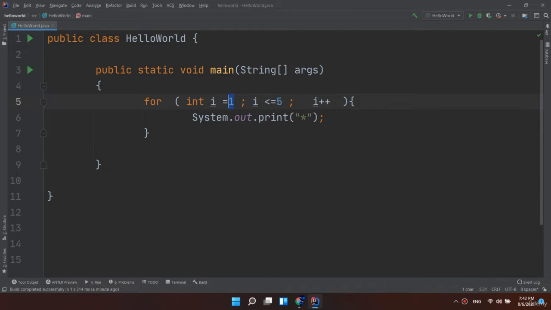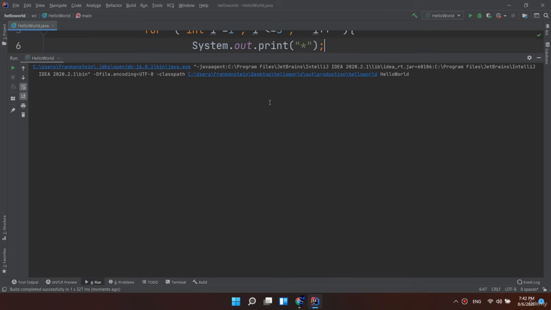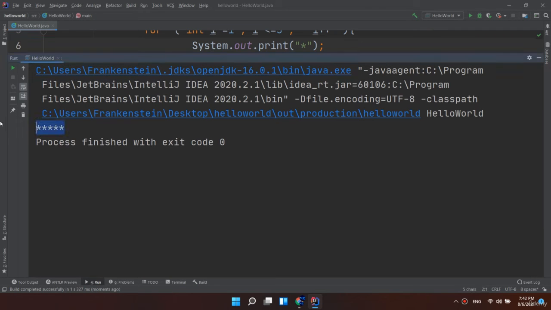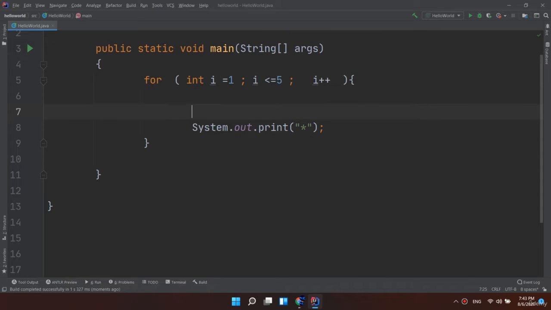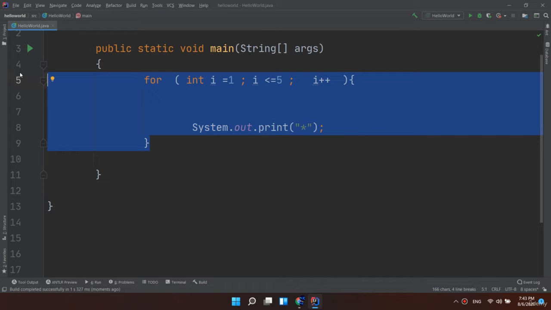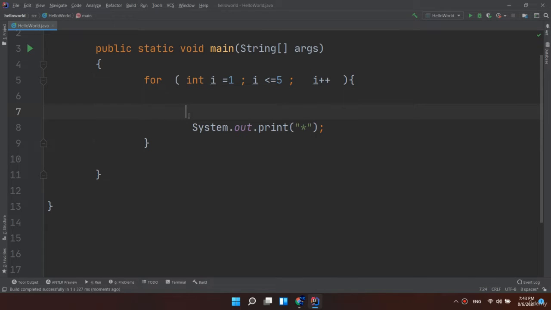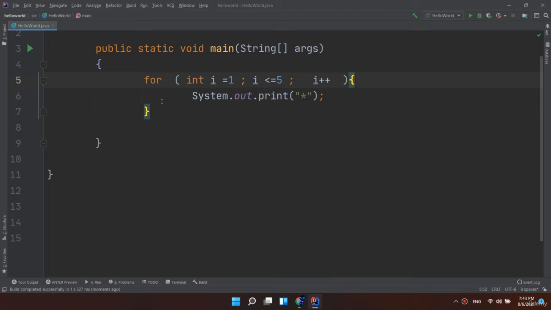It is from i equal to 1 till i equal to 5, and it's printing the star. So it will print 5 stars because i is less than or equal to 5. It's very simple. But what about the nested loops? As I told you, the for loop is itself a statement. What does that mean? If I copy this